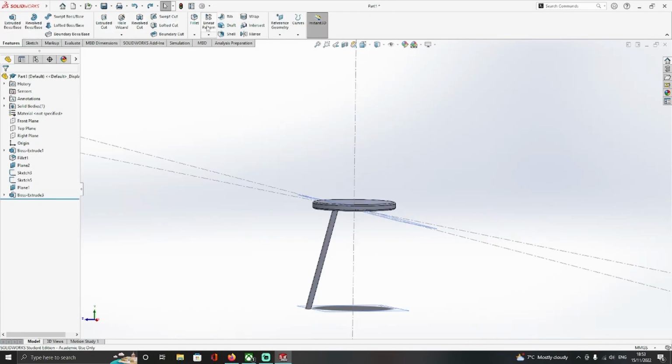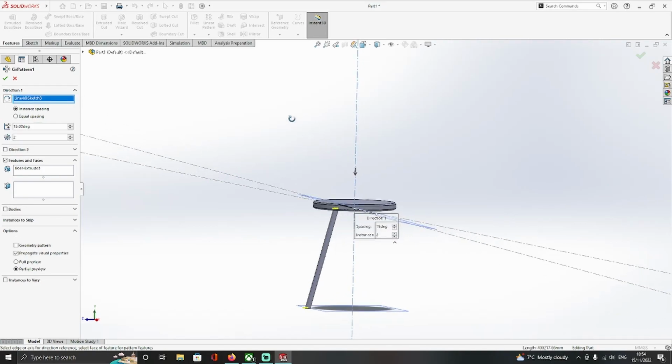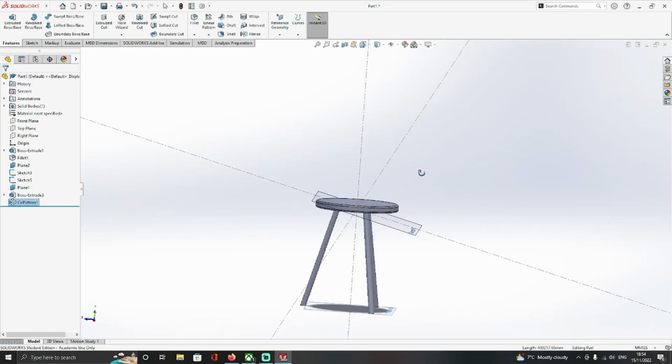And now for the circular pattern. Hit the tick and we are done. Finally,